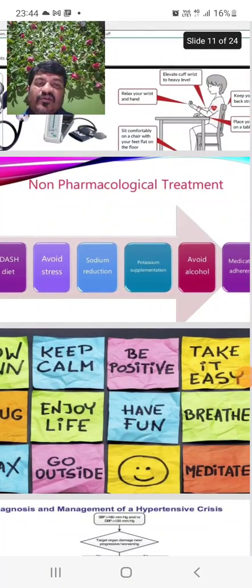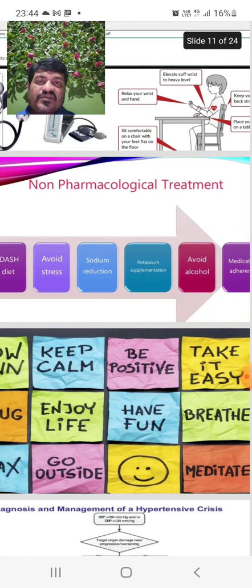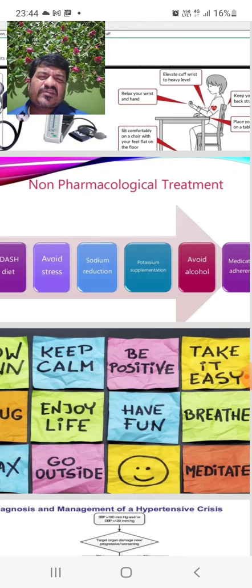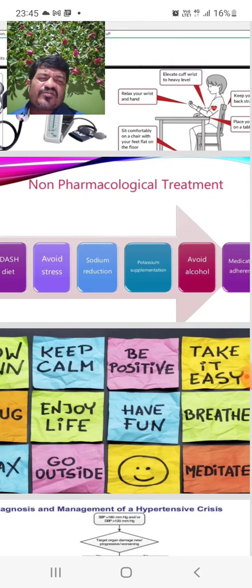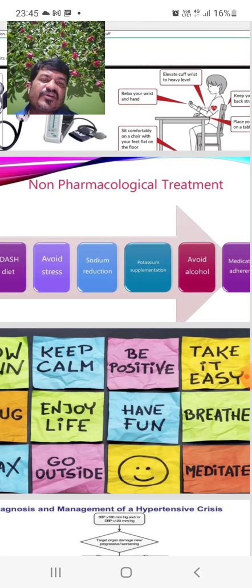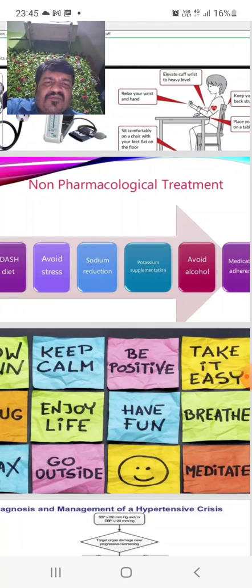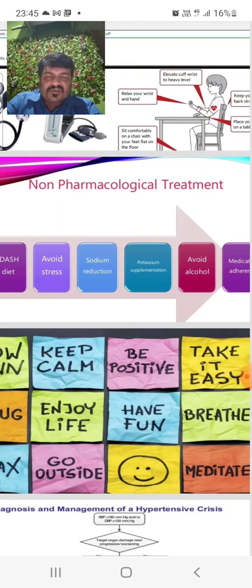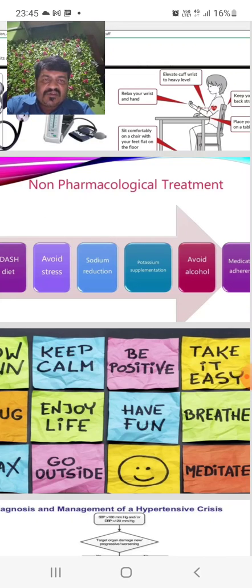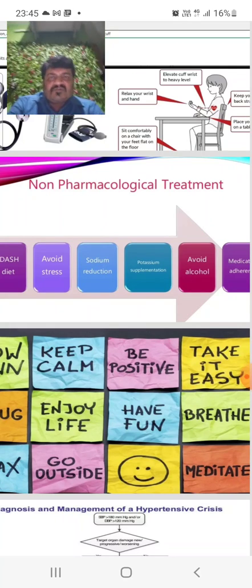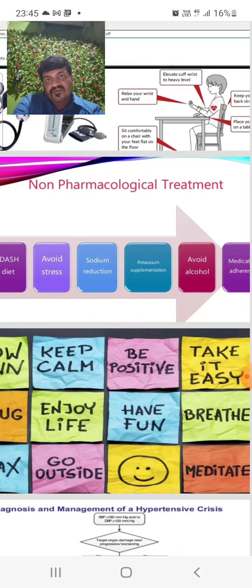Avoid alcohol; it also causes bad effects in the patients who are suffering from hypertension. एक्चुअल में ये जैसे कहा जाता है कि अल्कोहल इज़ गुड फॉर हेल्थ, फॉर द कार्डियक हेल्थ, but that is a very different thing and that is only for the red wine or white wine, which means that if you are taking the red wine or wine not more than 90 to 120 ml per day, it will be beneficial for the heart. But most of the time, like in India, if the patient is taking the country liquor, at that time you cannot judge the level of